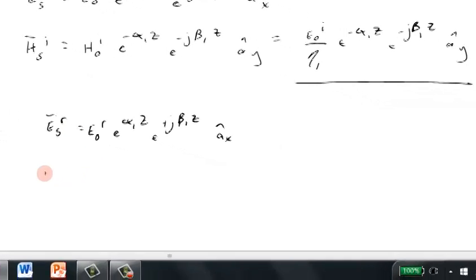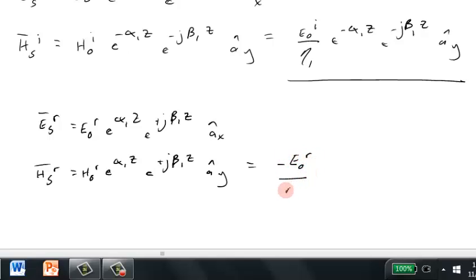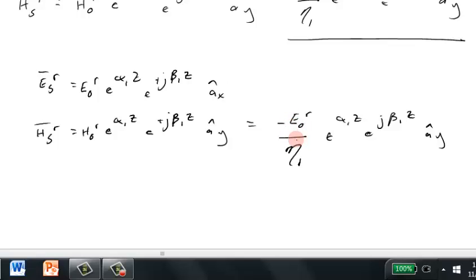And then Hs, the reflected magnetic field component, is equal to H0R e to the alpha 1 z e to the plus j beta 1 z a hat y, which is often written as minus E0R over eta 1, e to the alpha 1 z e to the j beta 1 z a hat y, where we've just used the fact that